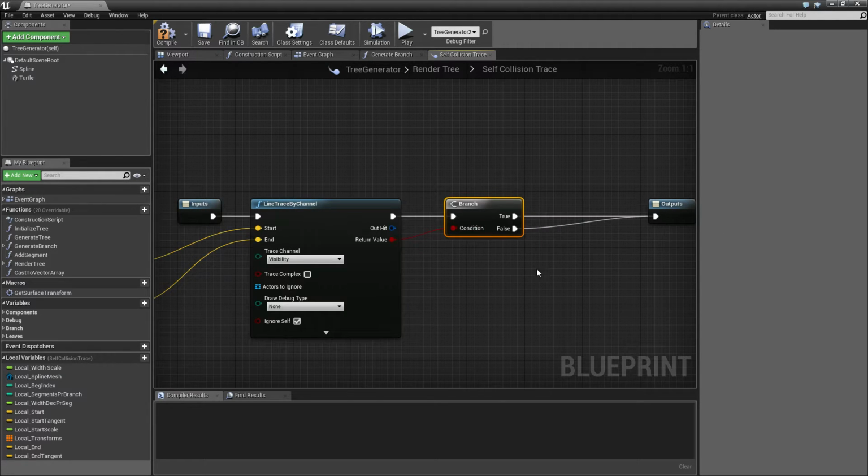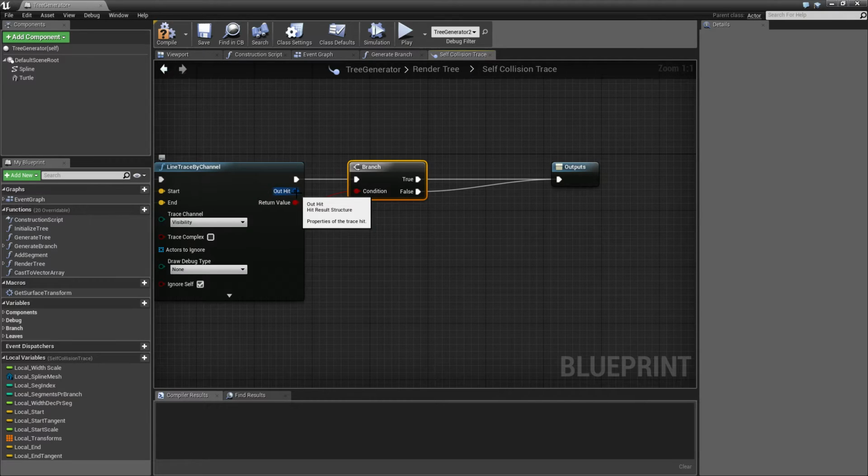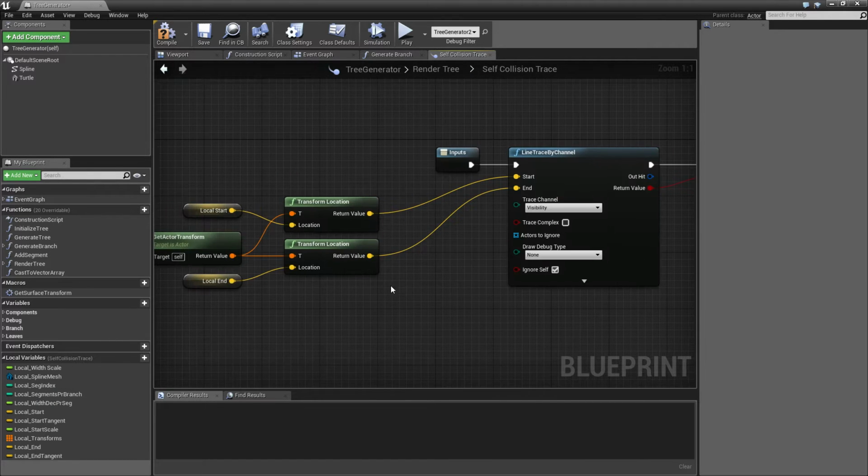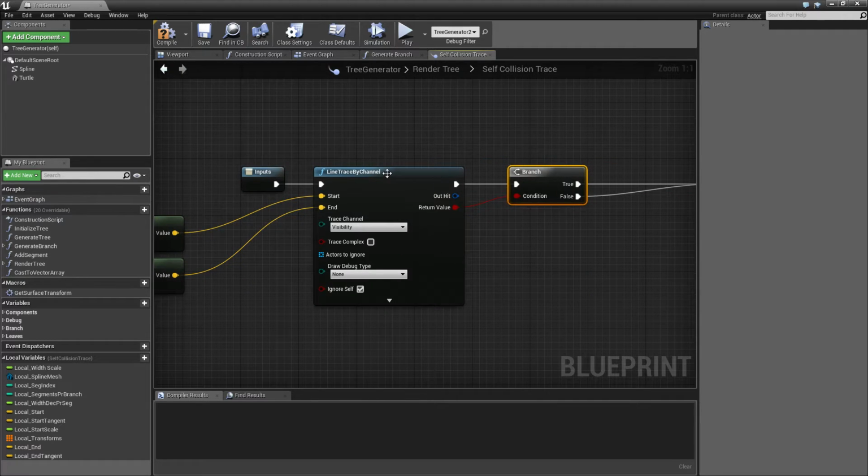And hook that one up. So the logic I'm going to be implementing is if we hit something along the way, then we are going